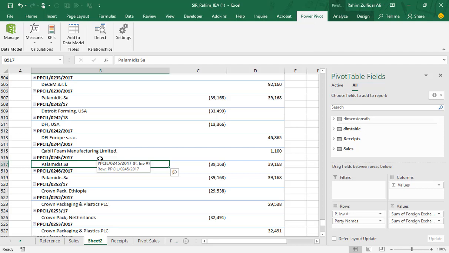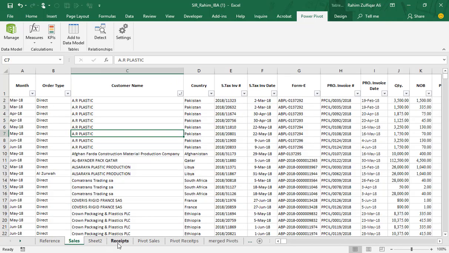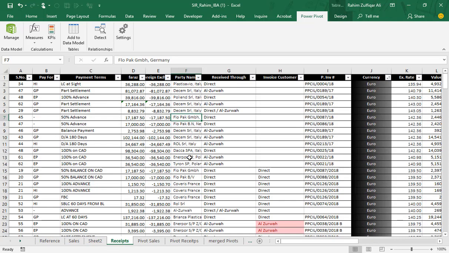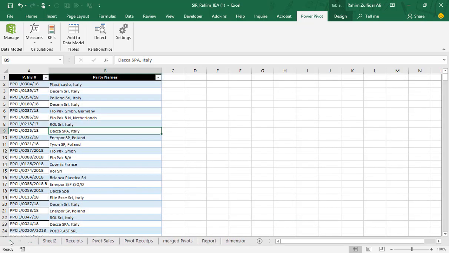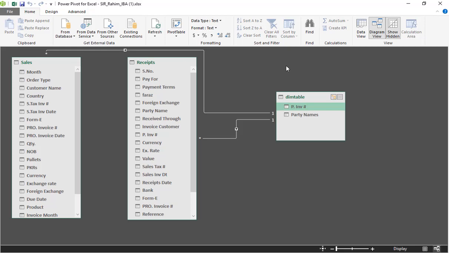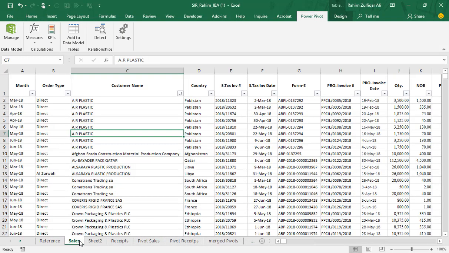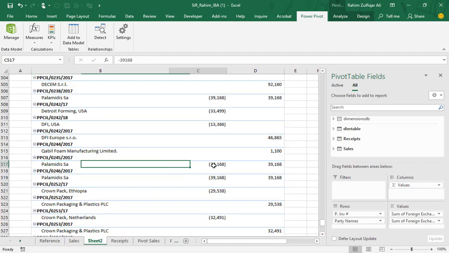So this is how we resolve the issue regarding the relationships, and I hope you learned some new things about the real challenges the industry is facing nowadays, and that these solutions make it possible to connect different actual data sources. We need to identify one common column, create the unique table, and connect all the relationships in the back end of Power Pivot, and then create a really powerful Power Pivot to analyze the business in more detail.